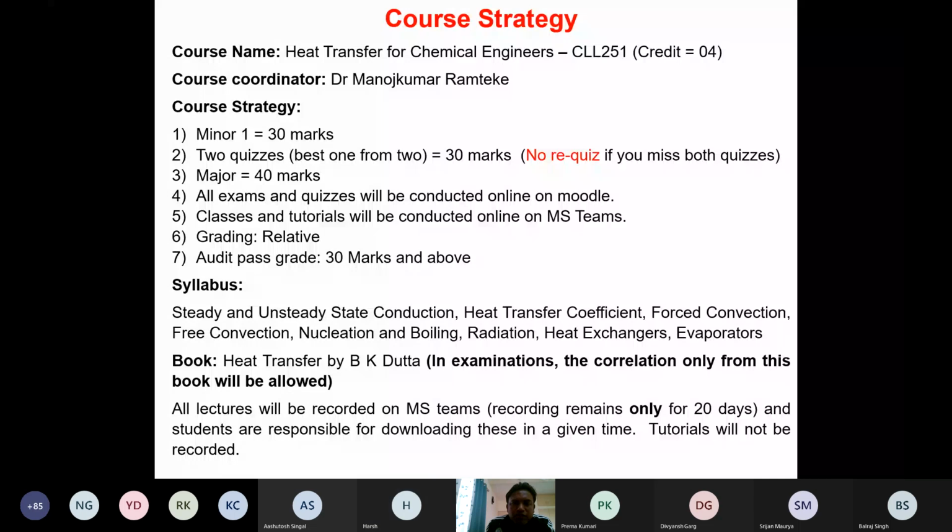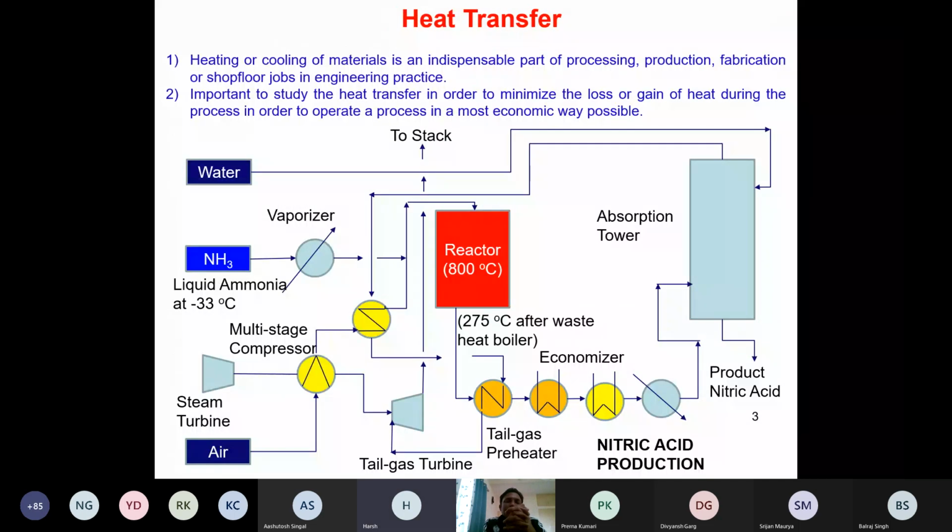So we started in the last class the description on the heat transfer and why heat transfer is important. To give you a recap, if you look at the process applications, heat transfer is one of